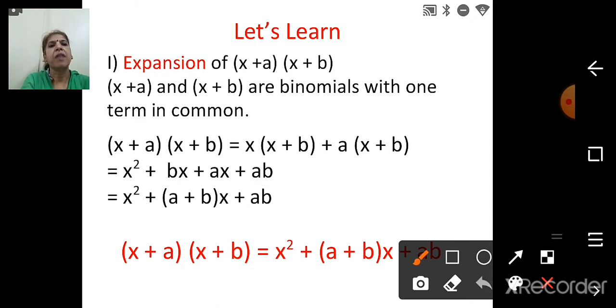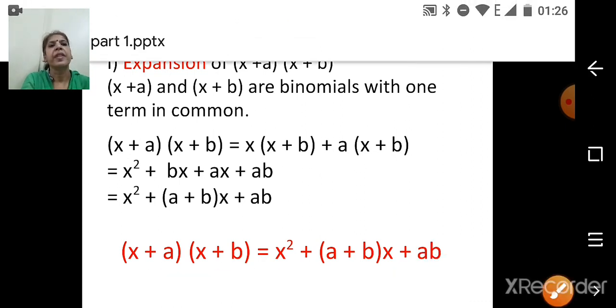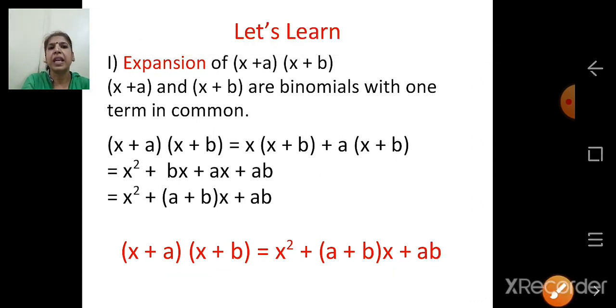So what you have to remember is this: x plus a, the whole bracket, multiplied with x plus b is equal to x square plus a plus b, the whole bracket, multiplied with x plus ab. So we are now going to remember the formula only, right? So let's start with practice set